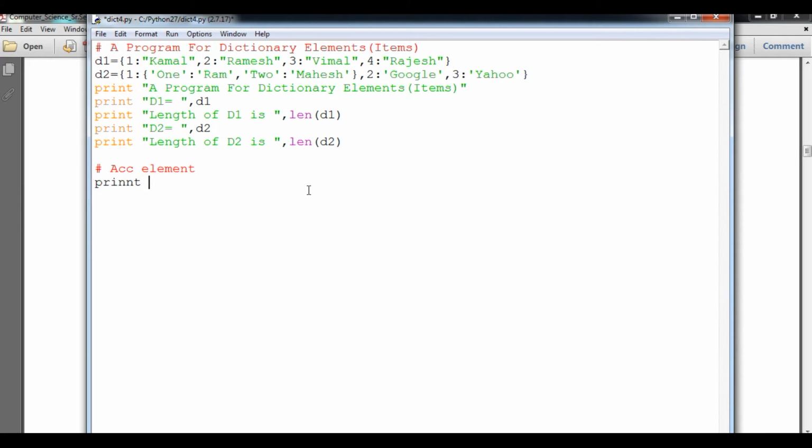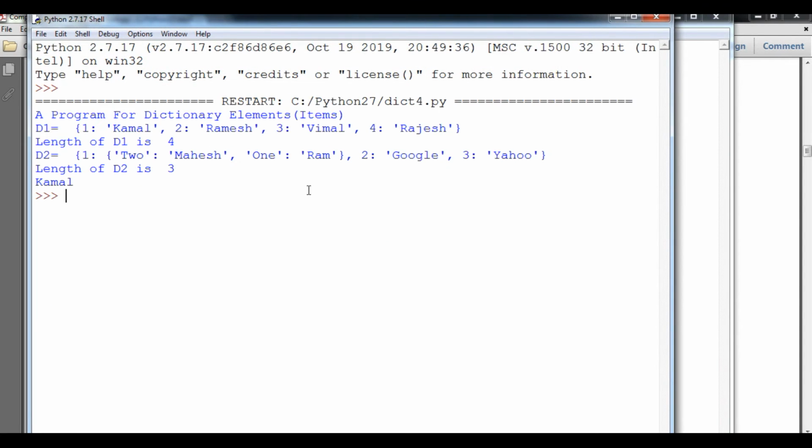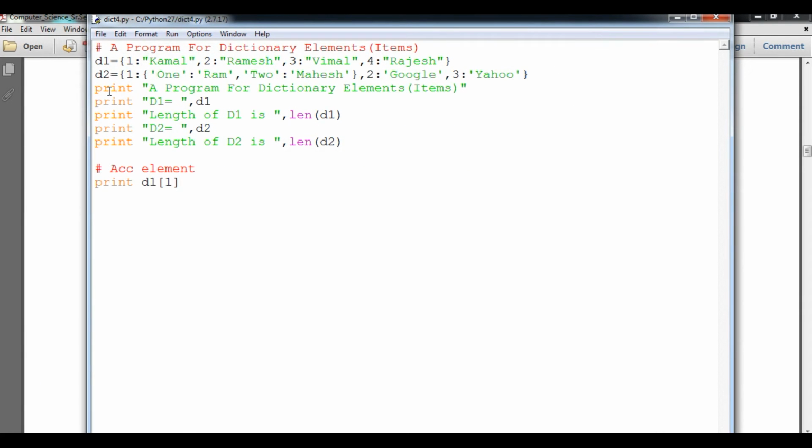So if I say print D1, then after that square brackets, if I type 1, this will definitely be a key of my D1. You can see Kamal has come here. I will comment out the other code of the program, because I don't want to access the other code, which is not usable for me.